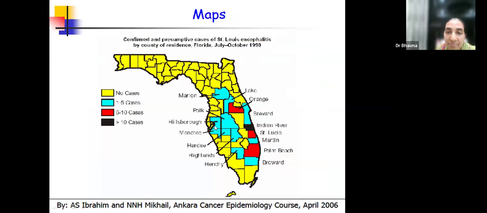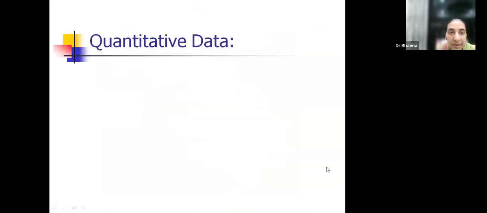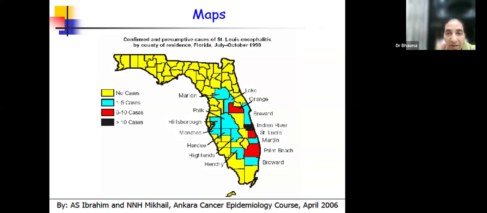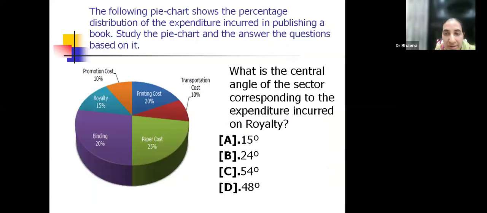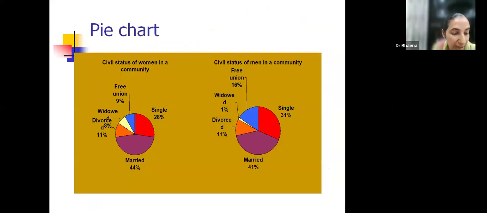Thematic. Remember the word thematic. Sometimes you send your manuscript, it comes back. It says, why don't you try to represent your data with the help of a thematic map? So students should know what is a thematic map. We are not going to talk about quantitative data today. We stop here. I just want you to have a look at a few real life examples so that you can appreciate how diagrams are drawn in Excel. I would like you to see how we draw diagrams in Excel.